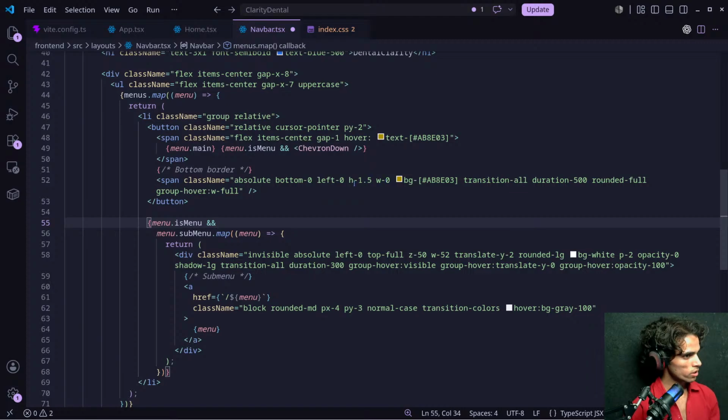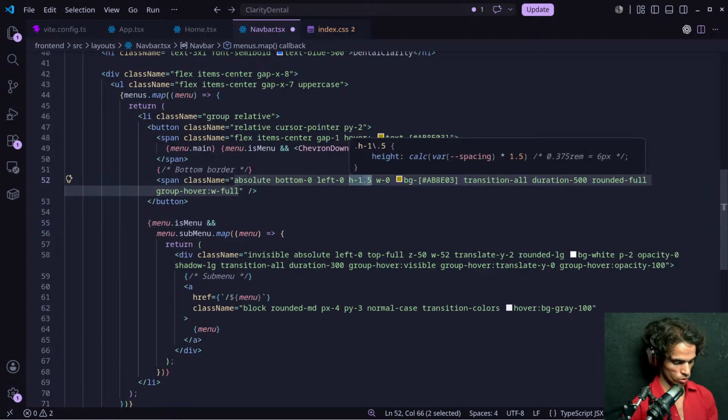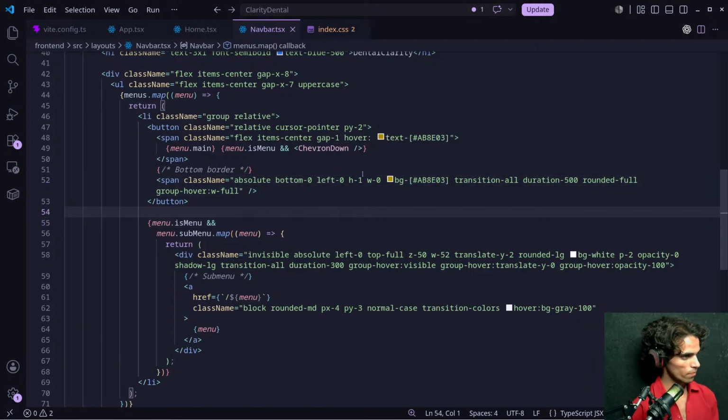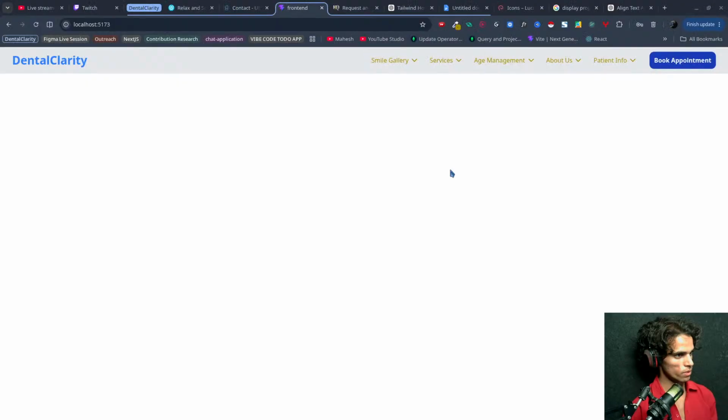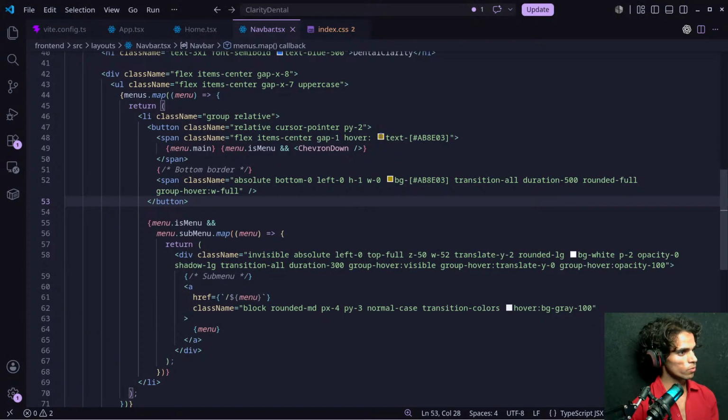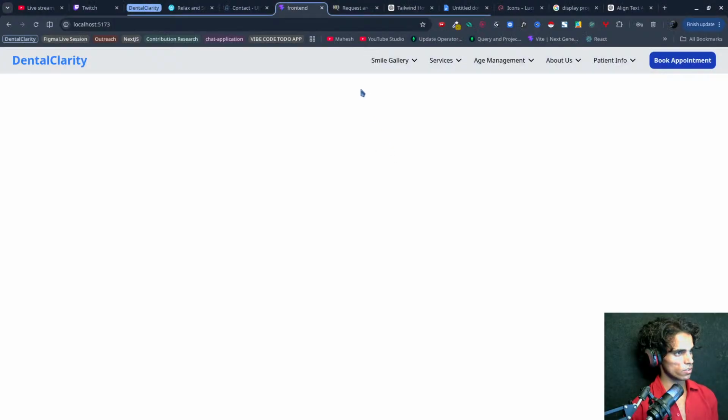And width 0, height 1.5 is large, so 1. Yeah, let's see. No, I want that whenever we hover, I will change the text color to this. Yeah, this is what we want, and I would like to change the text to uppercase.